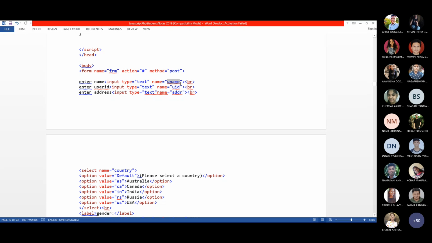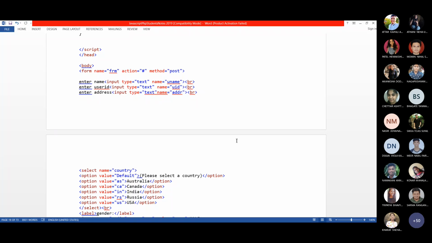For example, the first text box is a control, then uname is the control name. If suppose the second text box is a form control, then its name is the control name. Okay. So like that, you are identifying each and every form element using form name dot respective control name dot value. Value is constant, because that keyword only picks up the value which is entered by the user. So form name dot control name, not control ID. Okay, control name dot value.